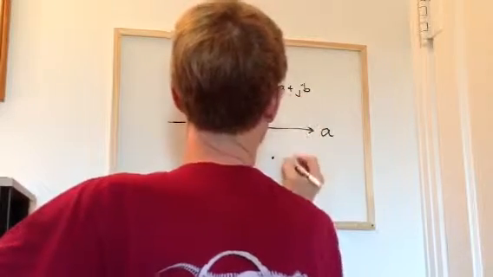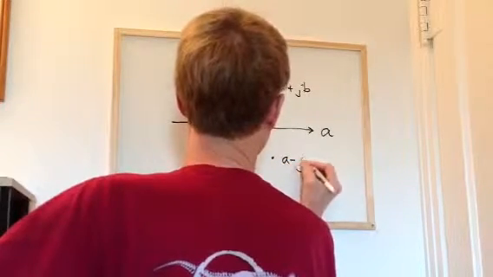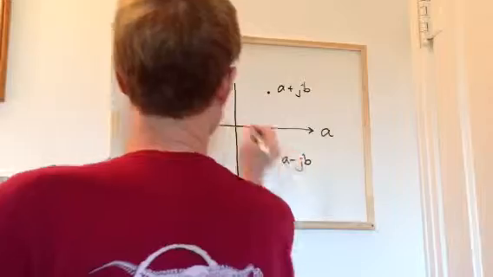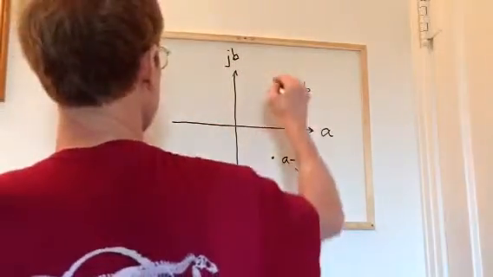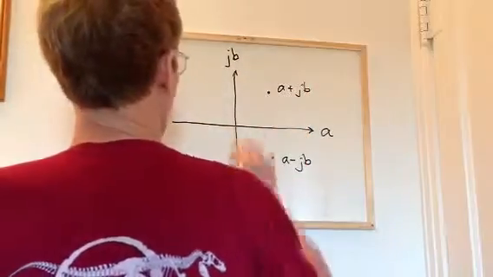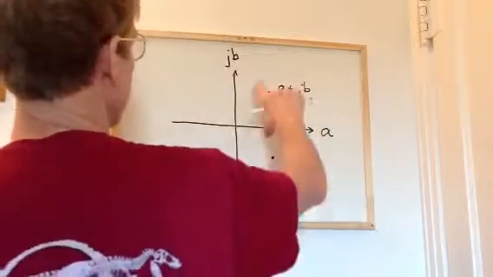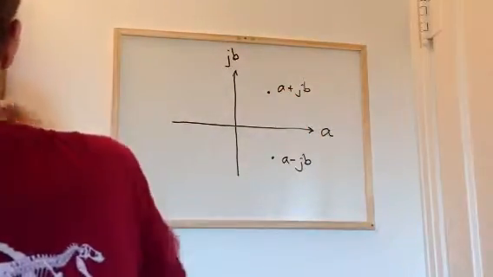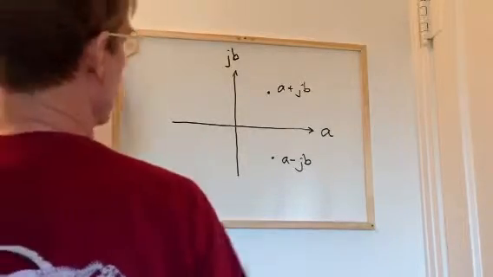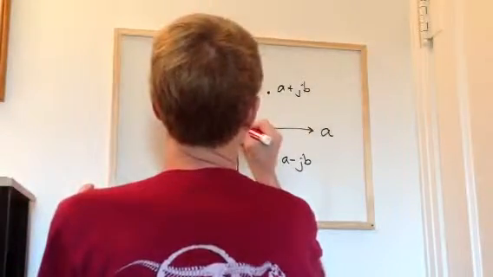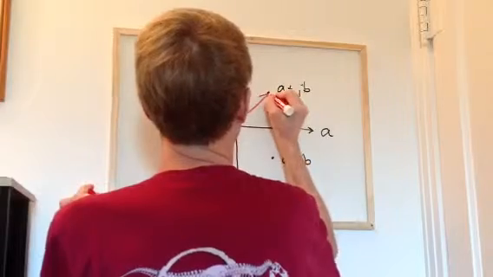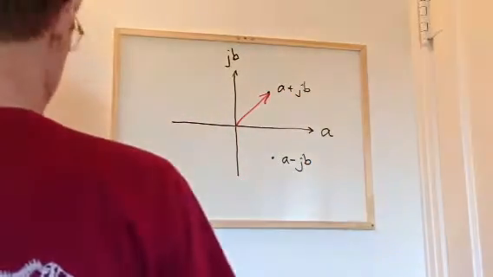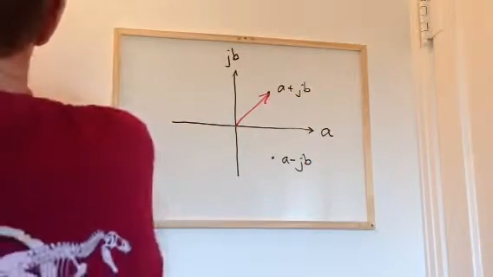A minus jB is going to go down here the same distance from the vertical axis on the same side, the same distance from the horizontal axis on opposite sides. So if we have a vector like that representing A plus jB,